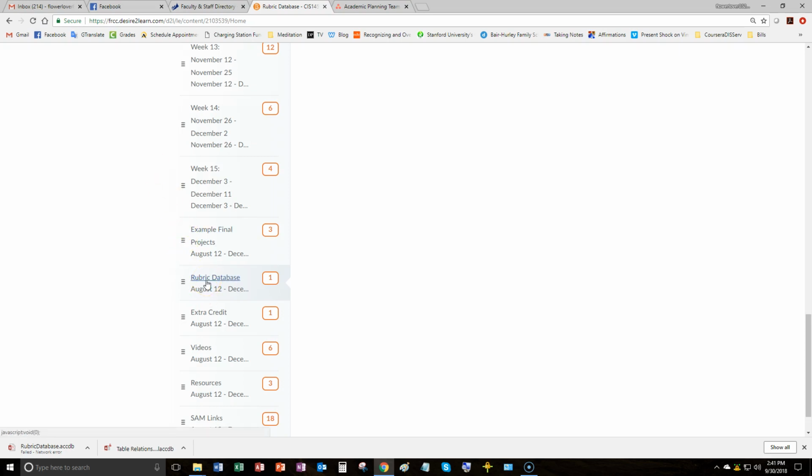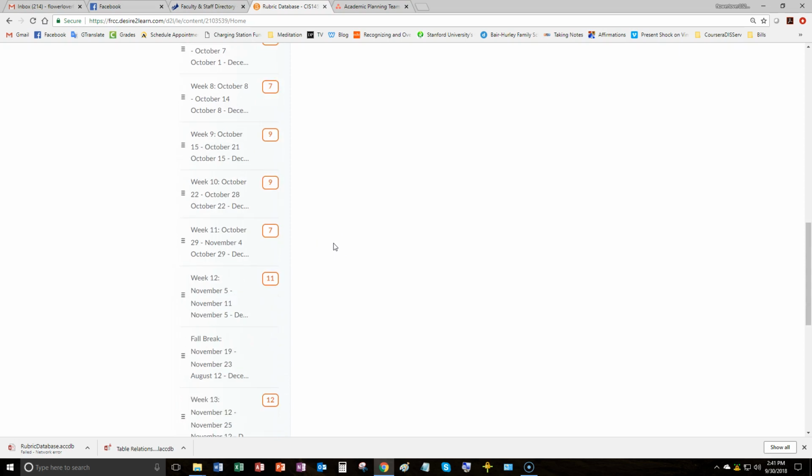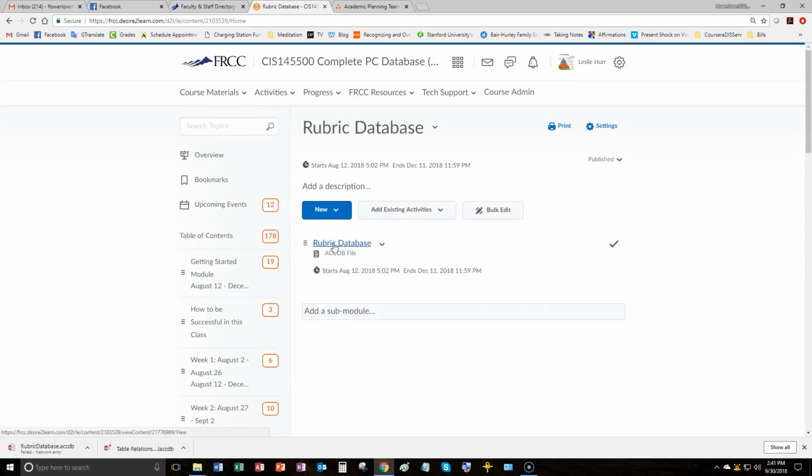Okay. And now you'll think that nothing's appearing because the screen is blank, but if you scroll up, you'll see here is the rubric database. And so you can just click here and then click on download, and it will begin